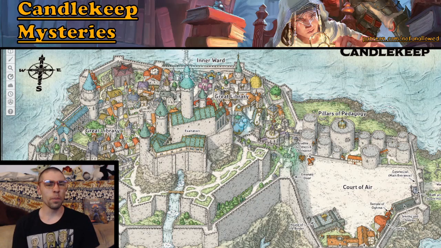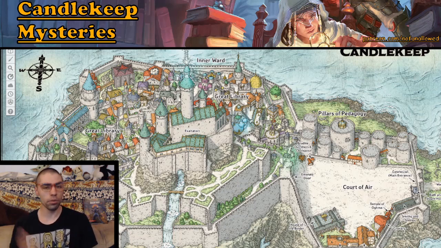But to put it here, my overall review for this product is, it is amazing. Once again, if you want to run a full-blown campaign of this, it's going to be a short ride, yes, but it is going to be such a sweet ride along the way. Where this book really stands out is the fact that it is a collection of one-shots you can pull out at any time, and it fits.